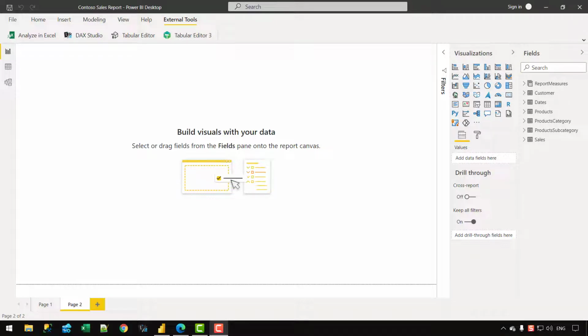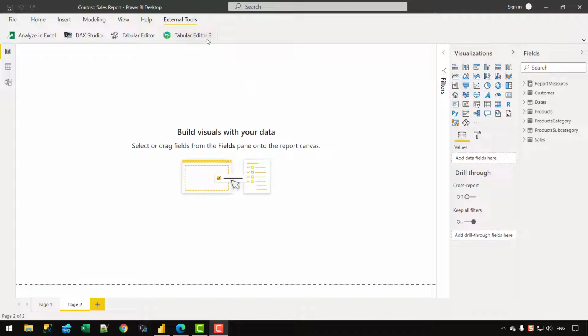Hey everyone, in this video let's see how we can create a calculated table in Power BI by using Tabular Editor. By default you are not allowed to create a calculated table in Tabular Editor, but let's see how we can enable a property which will allow us to make certain changes. To start with, I'm going to use Tabular Editor 3, but then I'm also going to show you the same demo by using Tabular Editor 2.